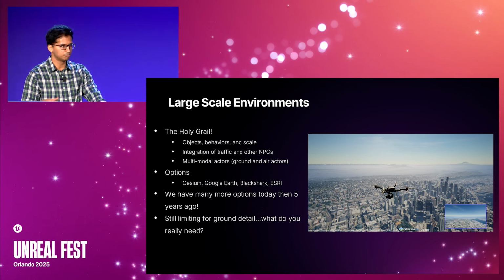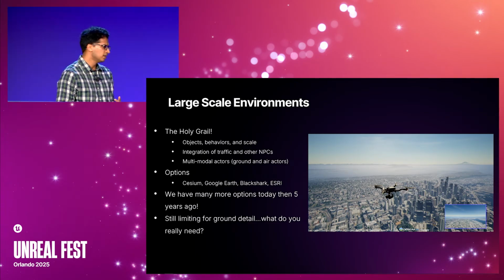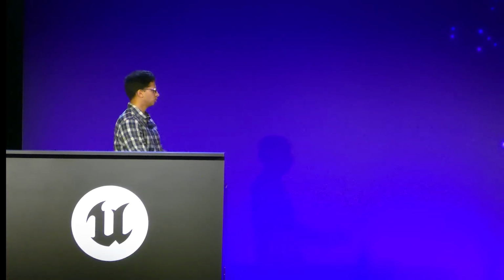So we've got, for example, the Cesium platform. A lot of you might be familiar with that for bringing in geospatial data. It works with many distinct data sources, and we make good use of that. There are obviously other players, like Blackshark, that are trying to do procedural generation of buildings and building footprints and then placing them in specific locations. So a lot of work is happening indeed, and it is definitely accruing to this grand goal of creating these worlds for robots.